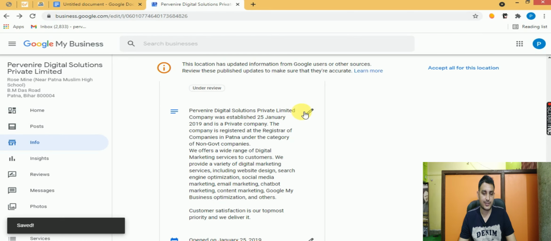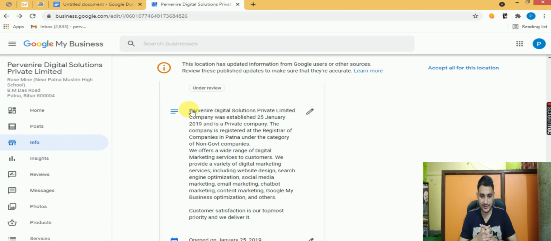This is the description. The description is just like a small introduction about your business. Here you need to play very safely. You need to put your business work and nature in a good manner. You can put keywords inside the description, so make sure that you have implemented some keywords and locations inside the description to rank higher.